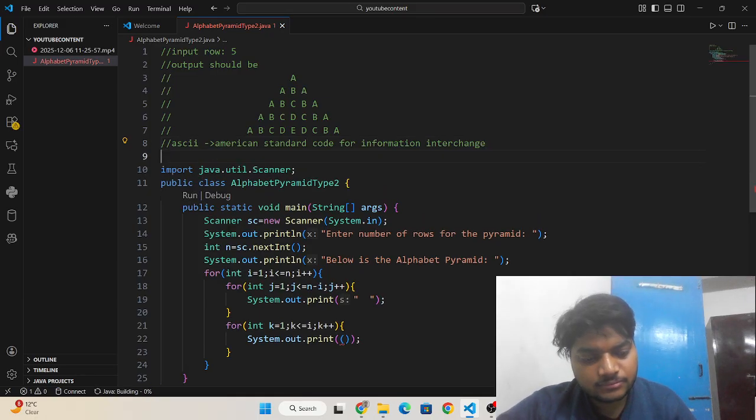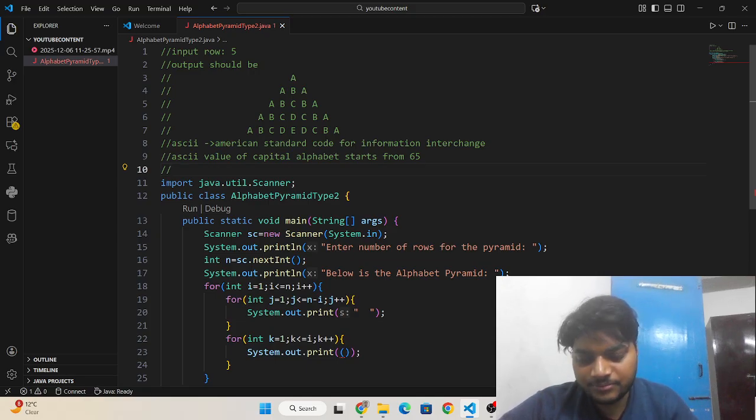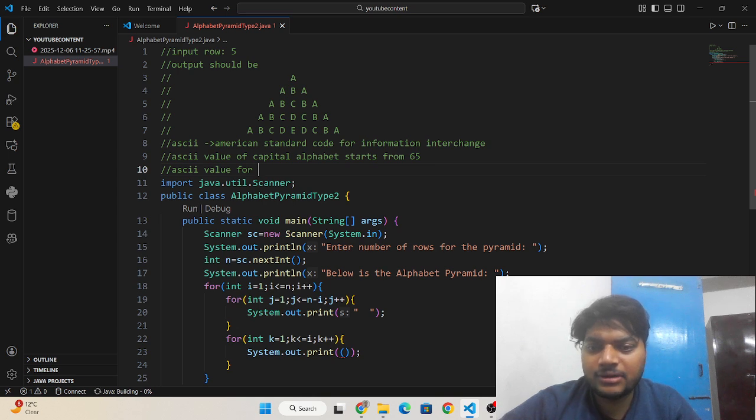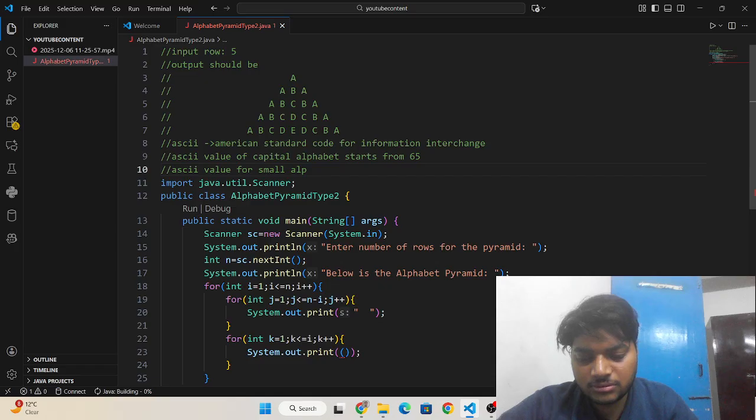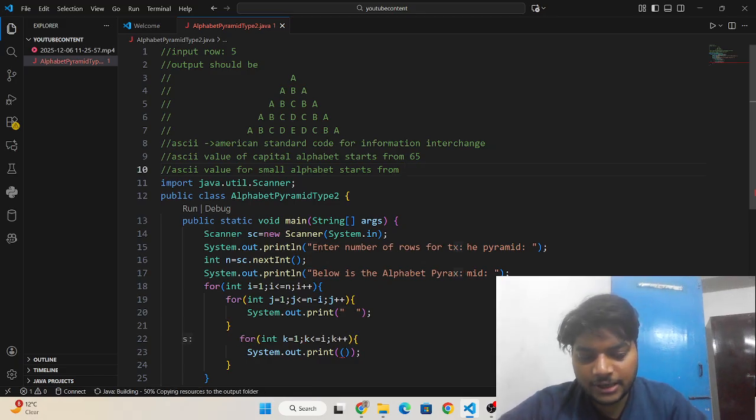The ASCII value of capital alphabet starts from 65, and the ASCII value for small alphabet starts from 97.